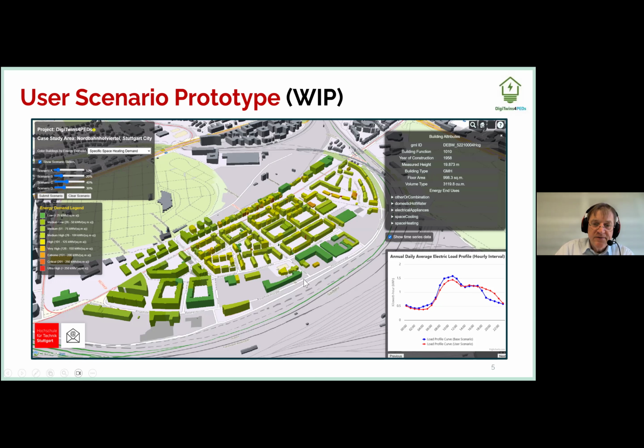And then we can see what the impact is for the entire district on the energy load profile, not for individual households. We want to focus on the district and inform people that their individual behavior has an impact on their energy bill, but also on the electricity demand of the district. That can save money for the energy provider as well. And I believe a district is something people identify themselves with.